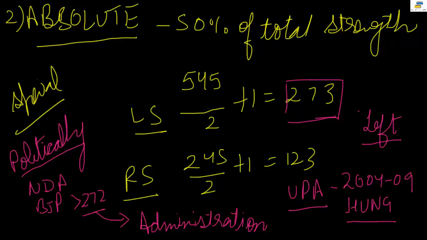And just to put this into perspective, I'll share one more thing with you. When the Congress-led UPA government won in 2009 for the 15th Lok Sabha, it was not a hung parliament, because it was a majority government over there, right? So this is the effect of absolute majority, right? Now normally this is not needed in itself. It is only needed in collaboration with the special kind of majority,